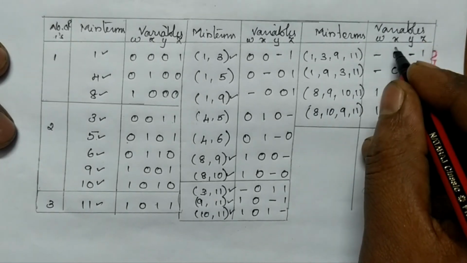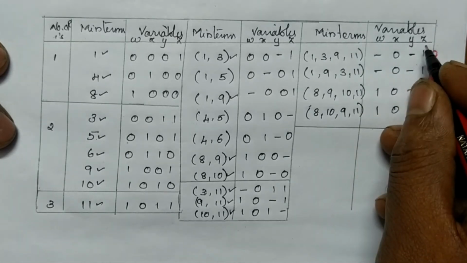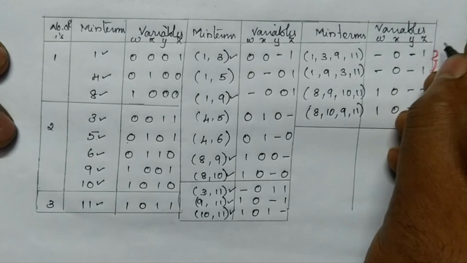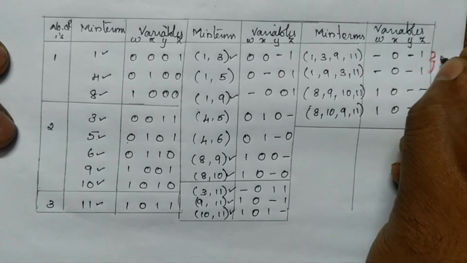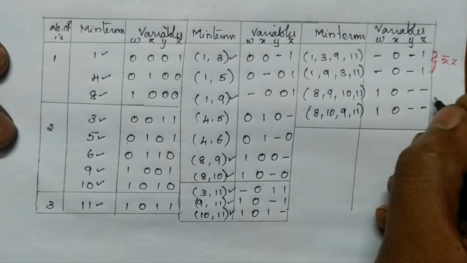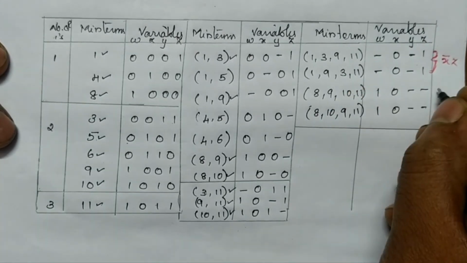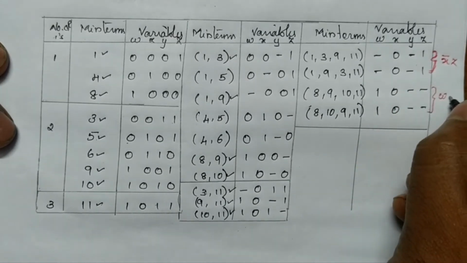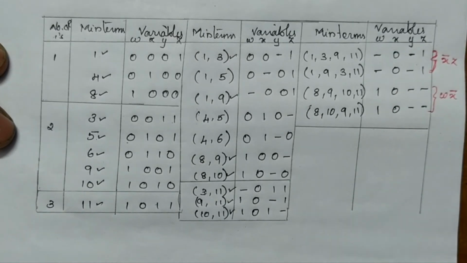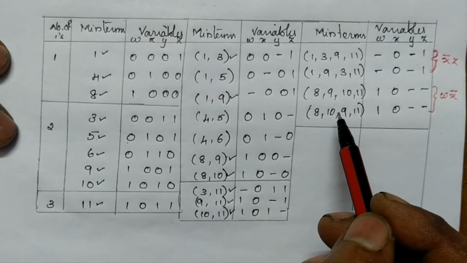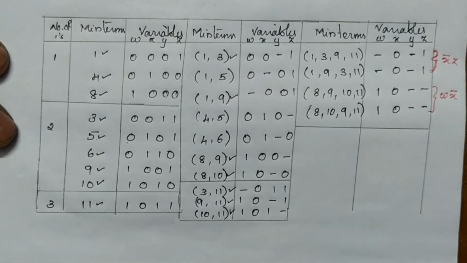So here at the x we are having the value 0 and at z we are having the value 1. The remaining terms have a hyphen, therefore this is equivalent to x bar z. Likewise here both are the same, so here it's w, here x bar. So these two are prime implicants, so they should be included in the implication chart.